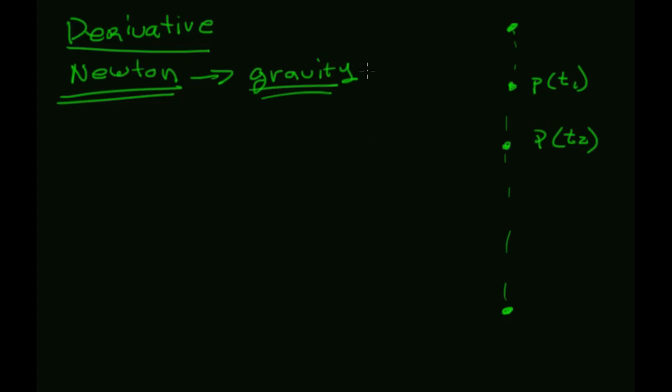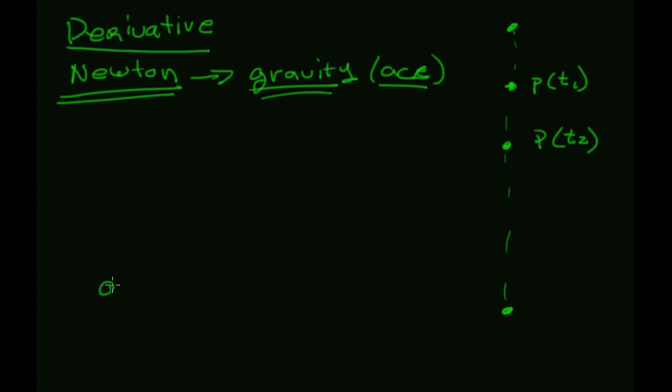What Newton wanted to do is look at the acceleration of these objects, because he had some thoughts about that. And to do acceleration, you can't just observe acceleration. You can observe position, but you can't observe acceleration. So what Newton notices is that, well,